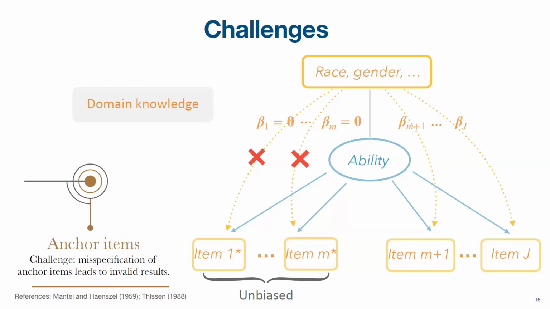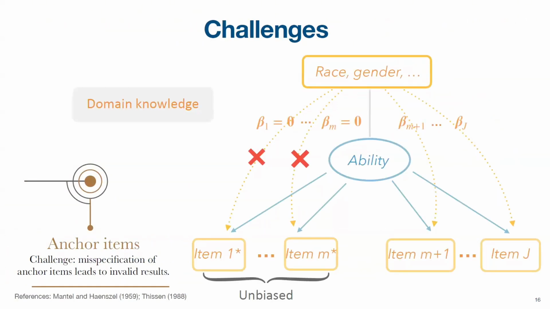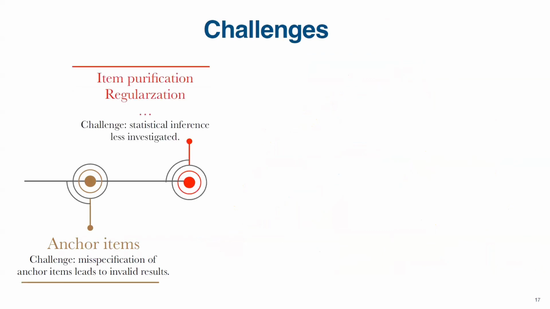Now, very naturally you would say, okay, under this model we want to learn the sparsity structure of those betas, so we could just add a penalty and estimate that. Yes, people have also done that type of approach, adding a regularization penalty for those betas. Essentially we are learning the sparsity structure of those betas. That has been done in the literature, but one issue is that statistical inference is usually quite